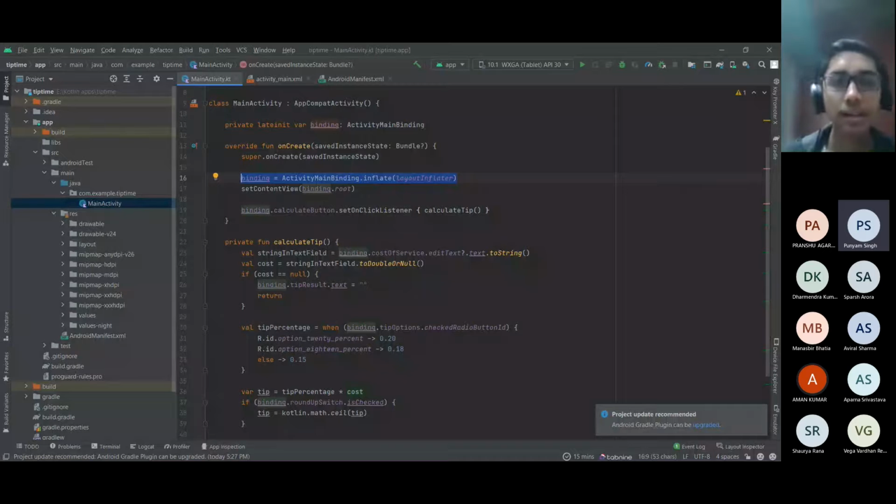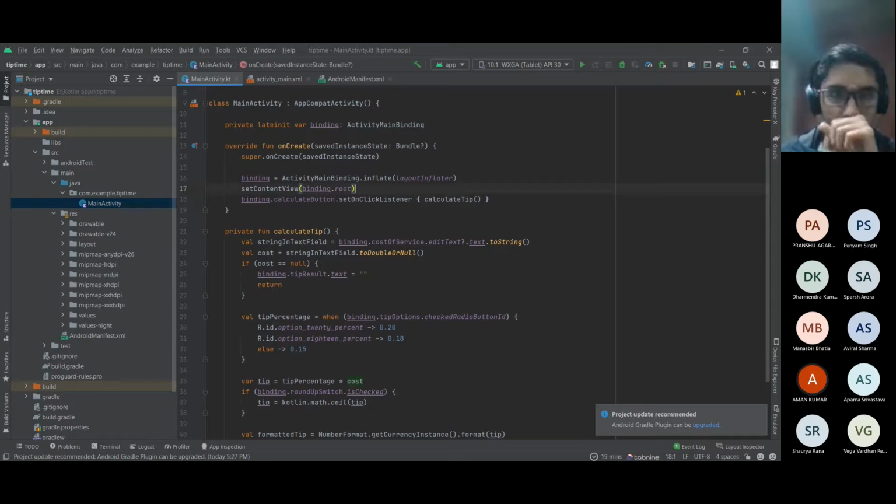And then binding also has a reference to all our views and view groups inside the object itself. So instead of saying find view by ID every single time for each object that you refer, you can just call calculate button and set on and change whatever properties you wish. Okay. So that's how binding is very helpful with all these things. It automates a lot, just removes redundant code, like I said, and there are a lot of other functionality that you can use with binding also.